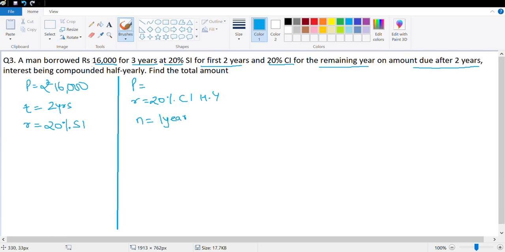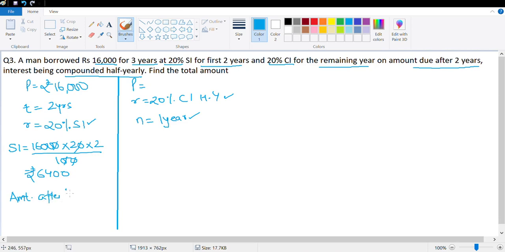Let's read the question again. Borrowed 16,000 for 3 years, out of which 2 years at simple interest, 1 year at compound interest, and this is being compounded half yearly. Correct. Let's calculate the simple interest first and then we'll calculate the amount. So simple interest will be equal to principal into rate into time upon 100. So that is equal to 16 into 4, that's 64 with 2 zeros. So simple interest is 6,400, which means amount after 2 years is equal to 16,000 plus 6,400, which is equal